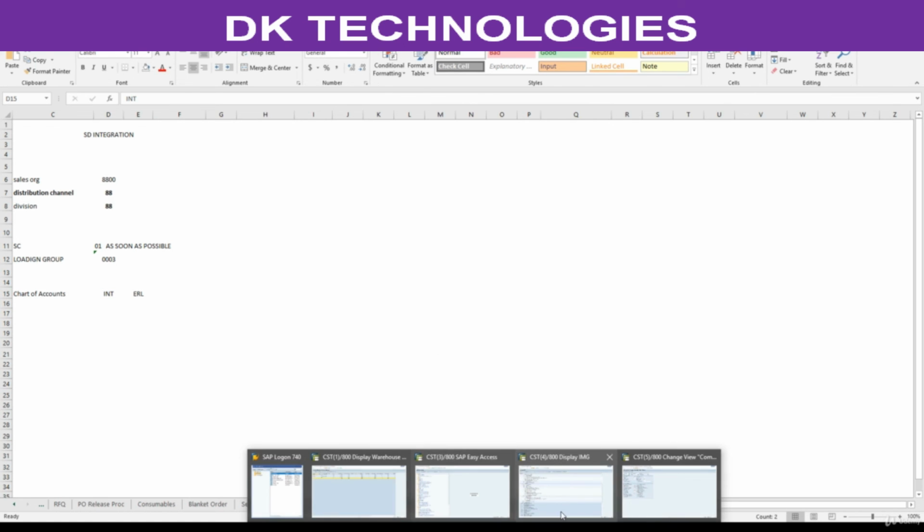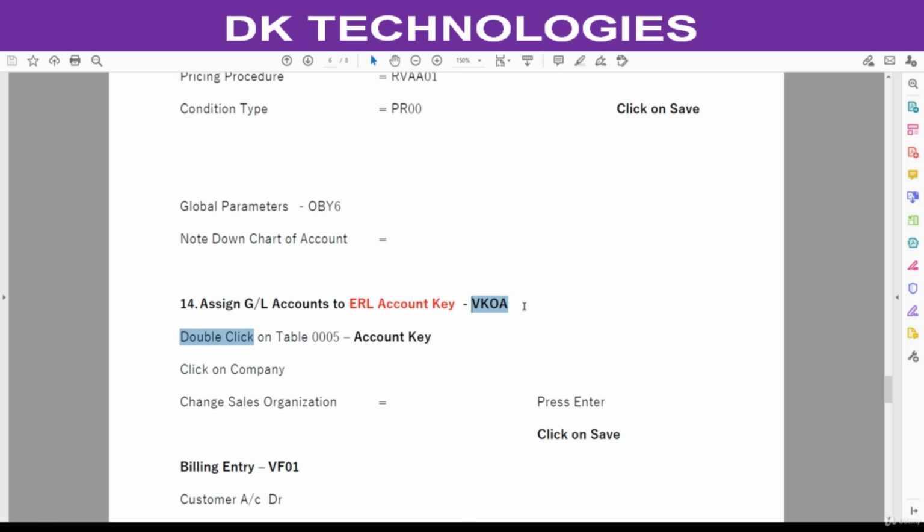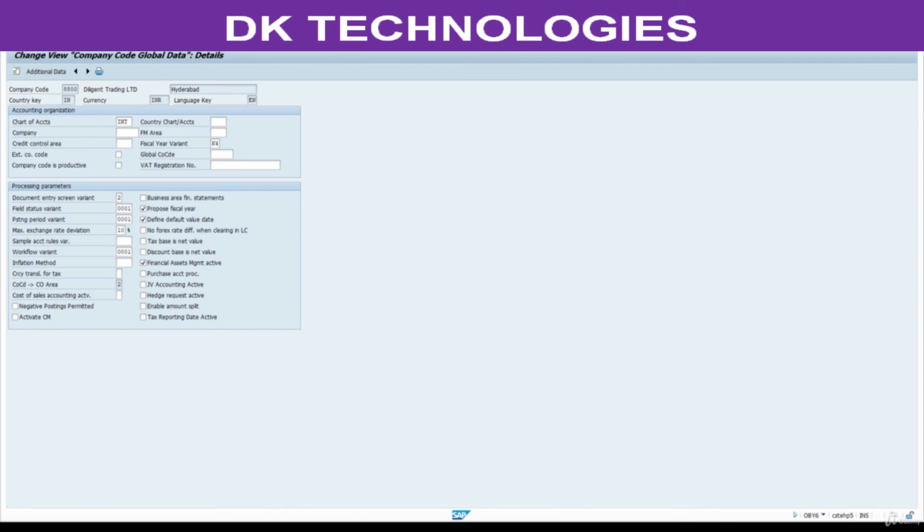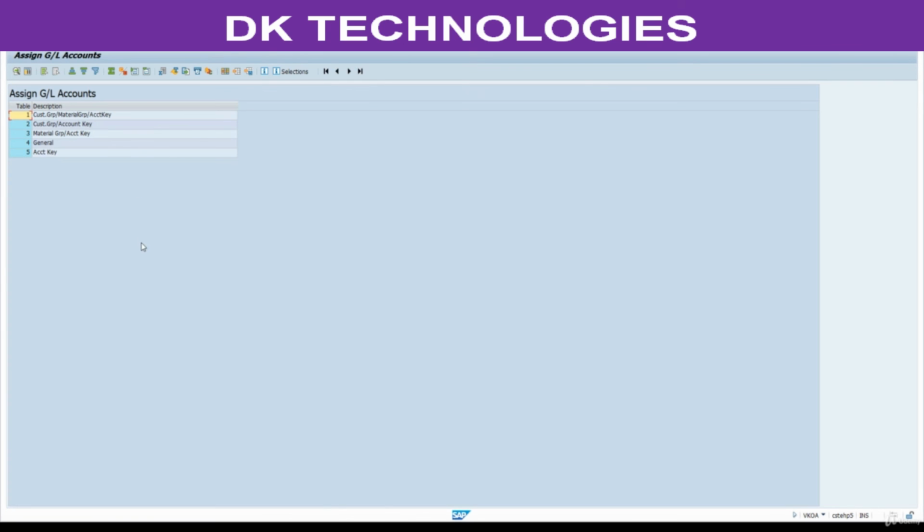Now go to VKOA T code for integration. Simple step, /n VKOA. Here go to this last step.